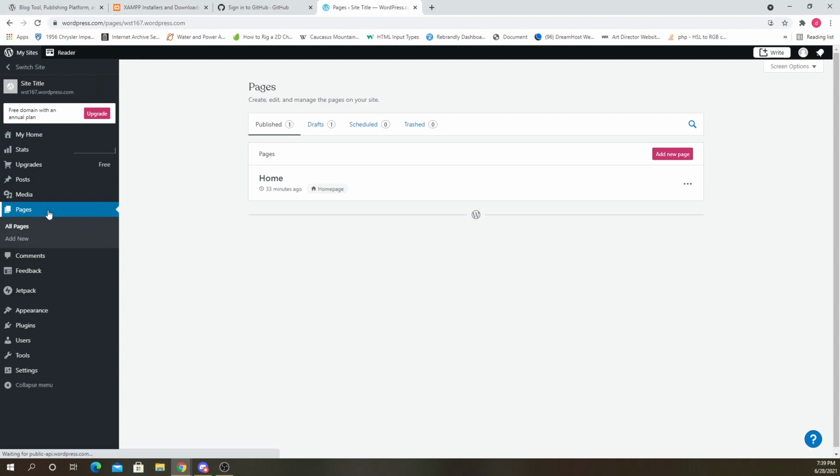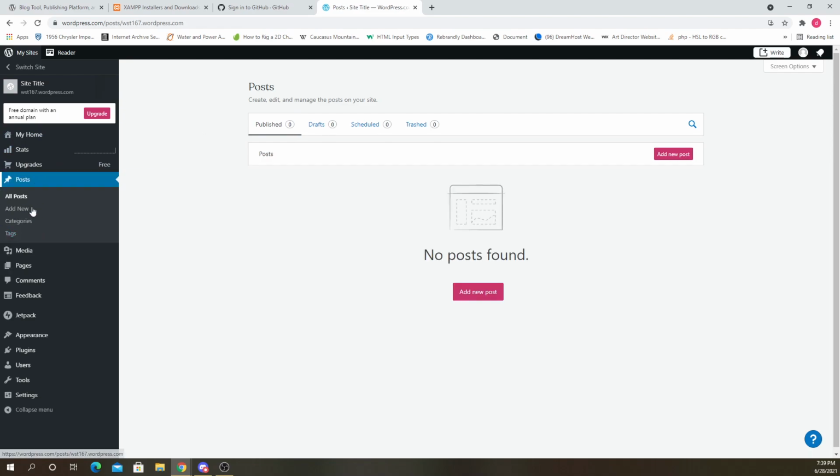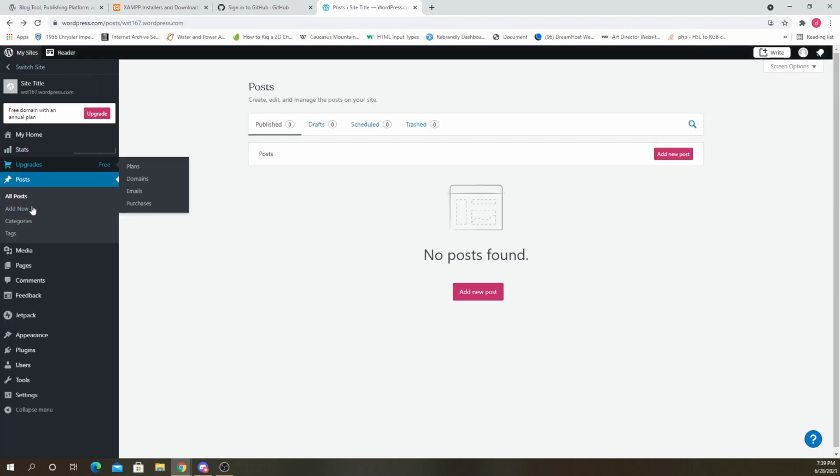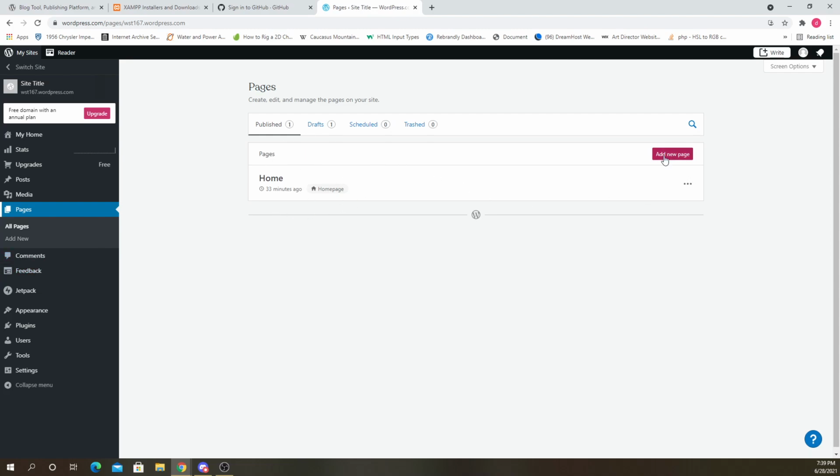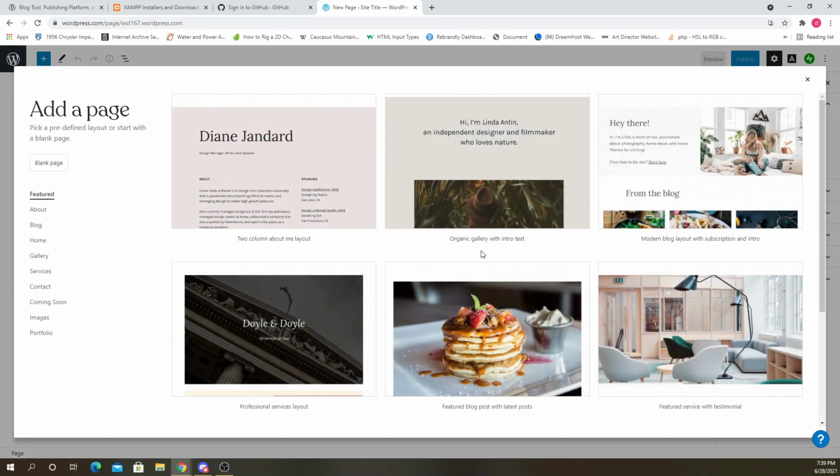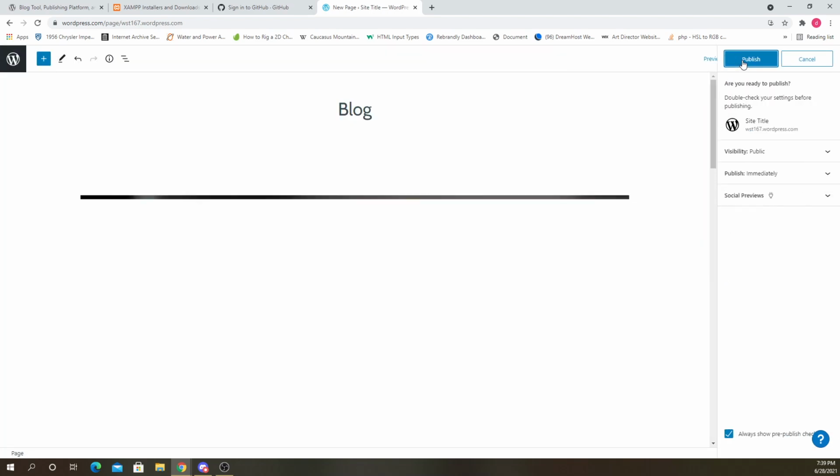Let's go to pages now. So I should have 2 pages, I think, unless I didn't click publish. I might have forgot to add that page. So if I go to pages, yeah, I still only have 1 page. So let me go back and add that and just publish it real quick without making any changes. Just click this one and publish.